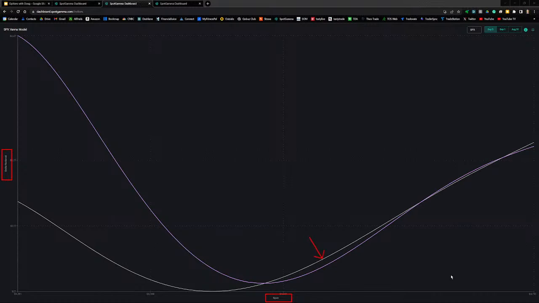The light gray curve shows how market makers' delta notional changes with changes in price only, and the purple curve adds implied volatility to the equation. That shows how market makers' delta notional changes with changes in price and implied volatility, and that change in delta notional with the change in implied volatility is the Vanna effect. That's a second order Greek. So this gives us an idea of how market makers may be reacting to changes in price and implied volatility,